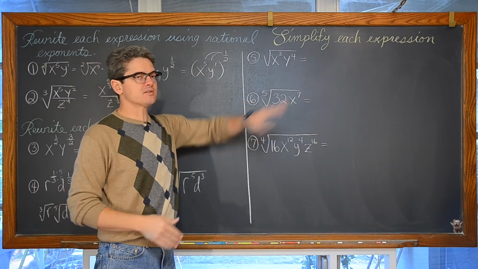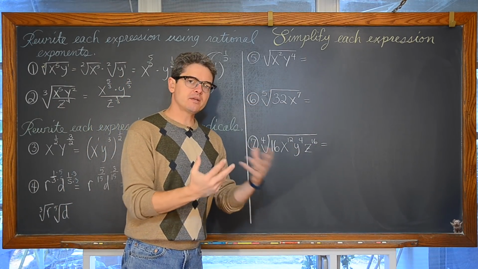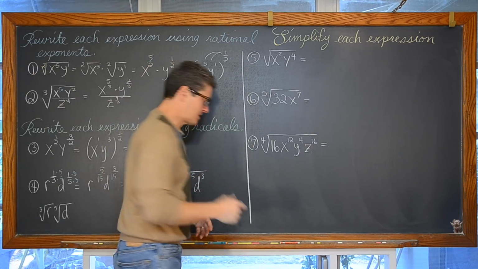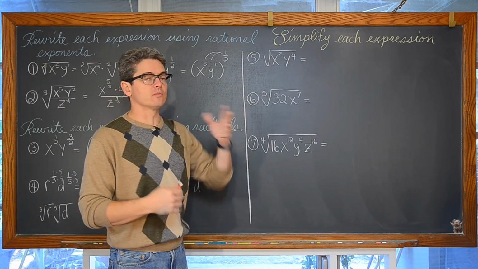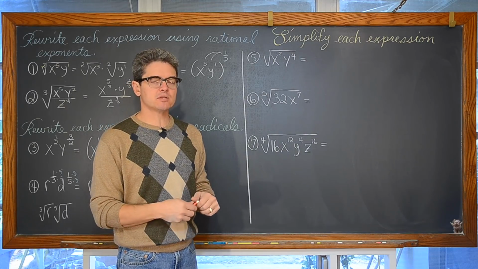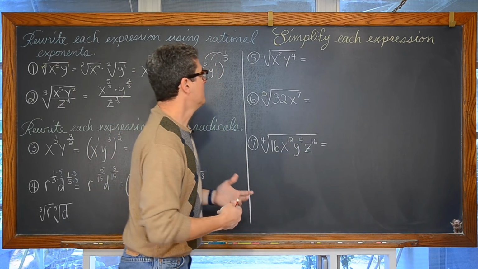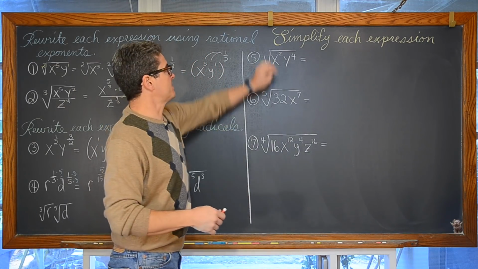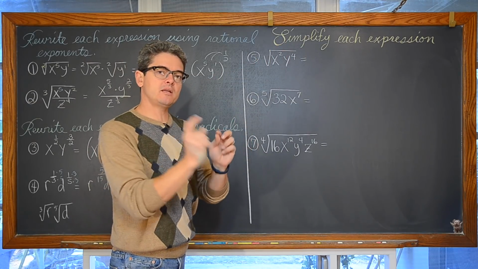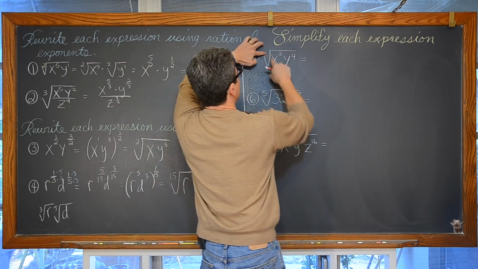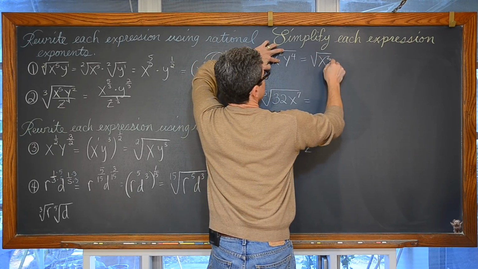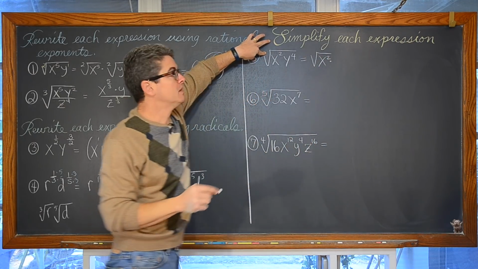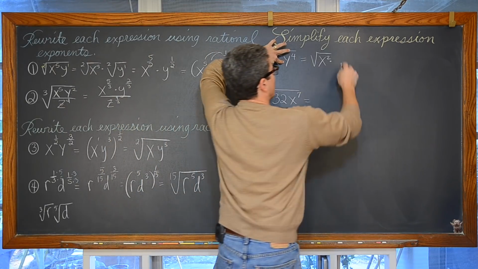And as we simplify these expressions, we need to start thinking about what we pointed out at the beginning of the notes. When you have even powers and even roots, that acts as an absolute value symbol, and you need to account for that in your work. And I think the simplest thing to do is to simply blow this up as much as we can and see it in tiny little factors. So we have the square root of x squared times the square root of y to the 4th.